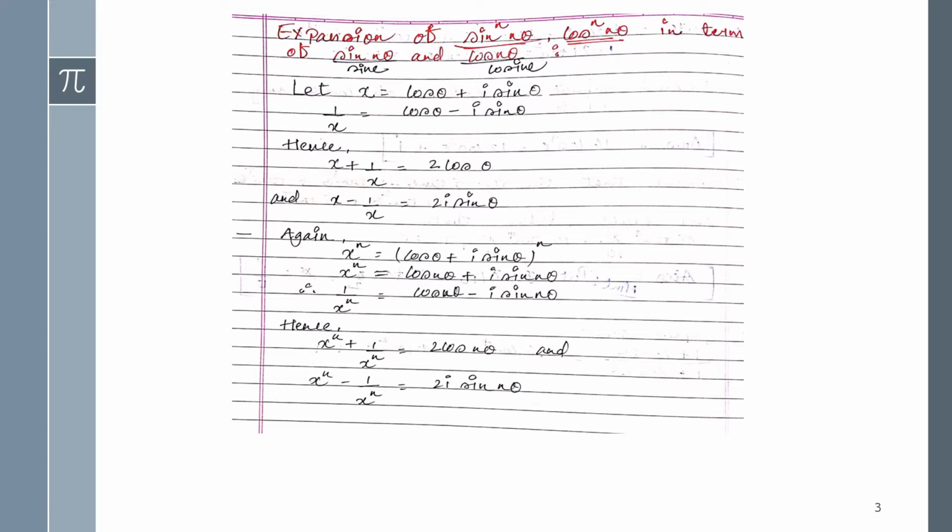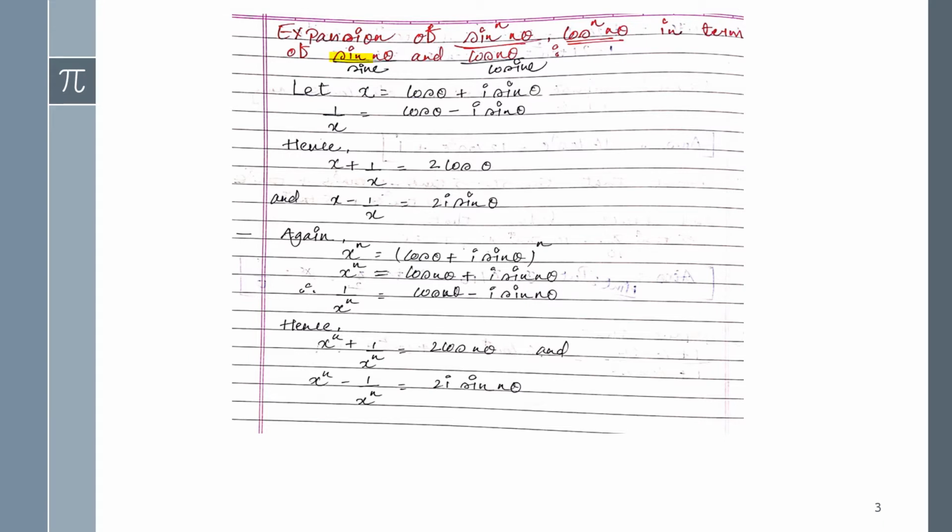The question will be like sin raised to 7 theta, or else cos raised to 8 theta. It means the equation will be in terms of power, either 2 or 3 or 5 or 11 etc. And its answer will be in the form of sin n theta and cos n theta,